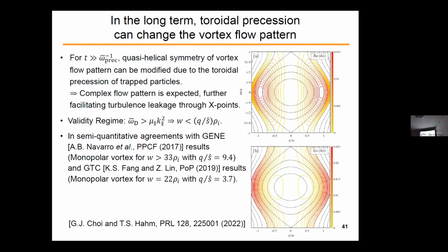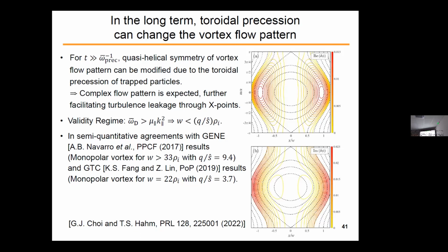We noticed that, as I told Pat, the E cross B vortex flow inside the magnetic island has a non-zero toroidal mode number and a non-zero poloidal mode number, since the magnetic island itself is quasi-helically symmetric. So if you look back at the Rosenbluth-Hinton calculation of the axisymmetric zonal flow,